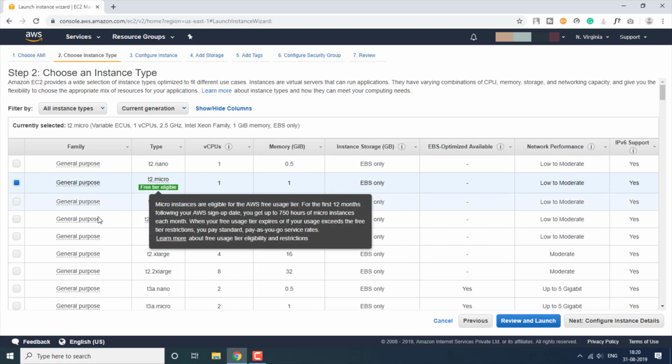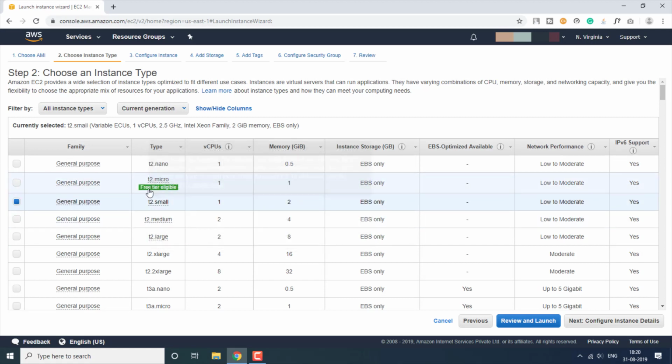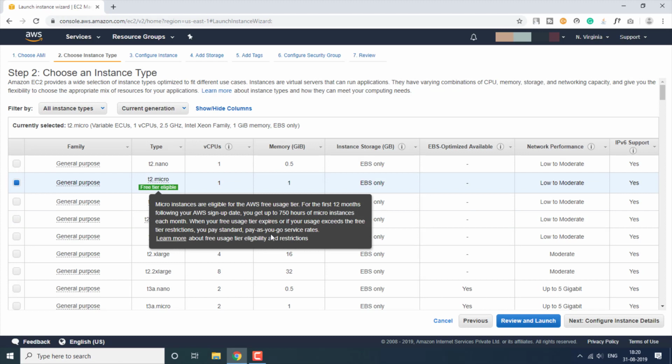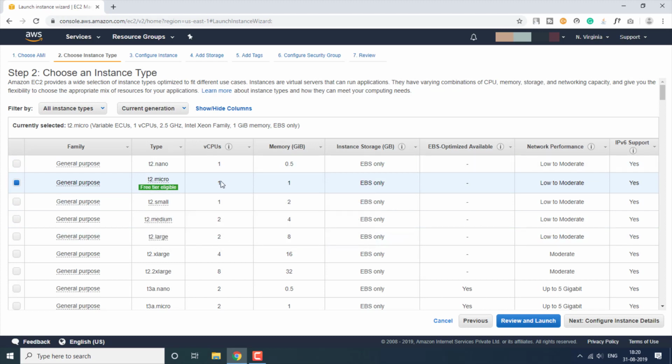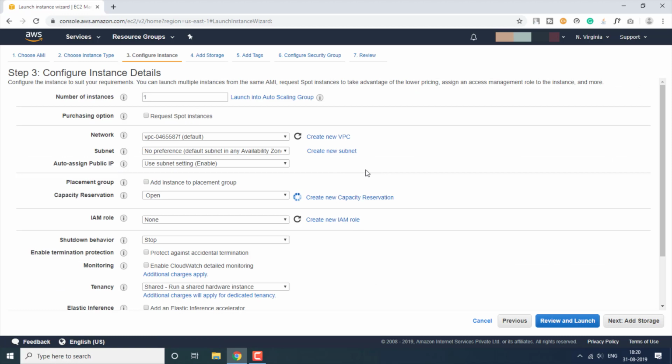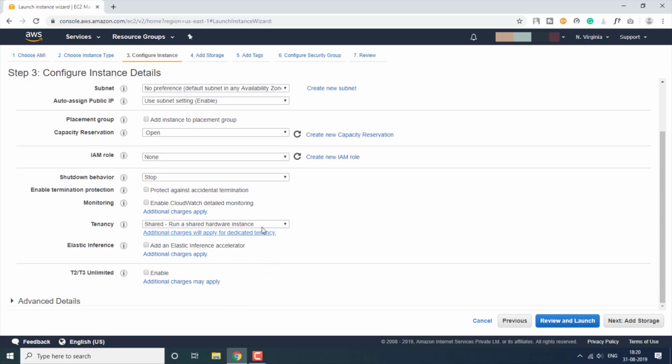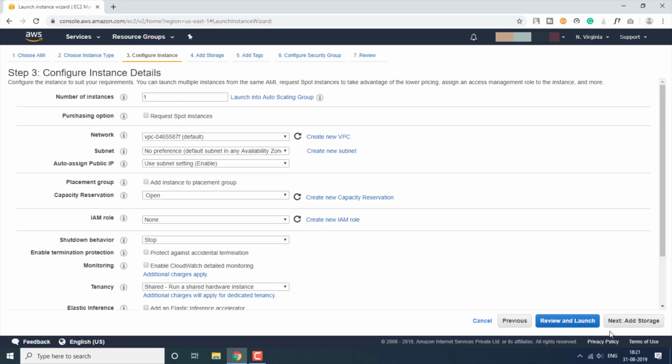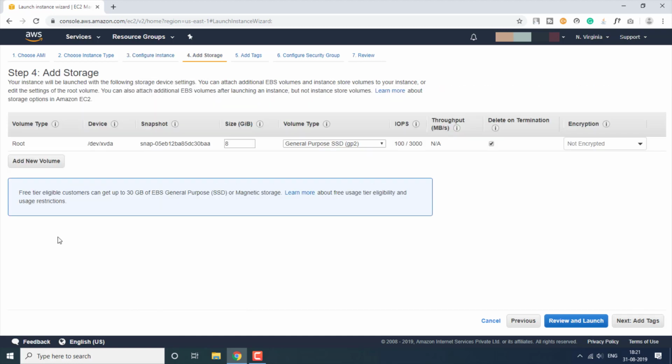If you select anything that doesn't say the free eligibility tag, then it is going to cost you. So it is better to select the free eligibility one. We have one virtual CPU and 1 GB of memory. Then next, in this particular tab, you just have to keep everything as it is. Just don't change anything here, and then add the storage. As you can see here, for free trial eligibility basis,